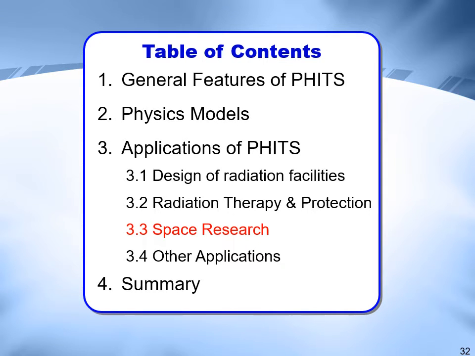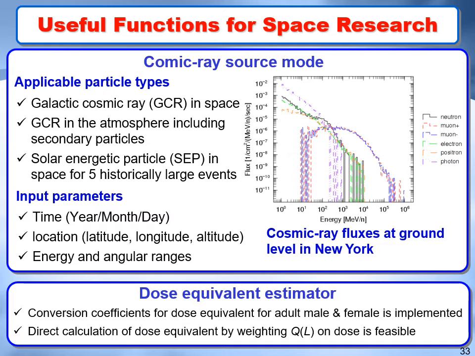Next application is to space research. There are 2 useful functions for space research in PHITS. One is the cosmic ray source mode and the other is the dose equivalent estimator, which is a commonly used protection